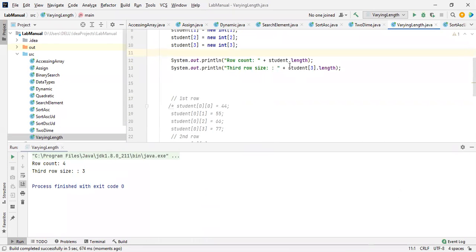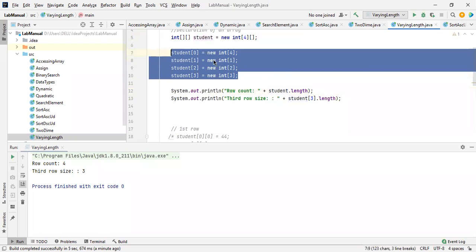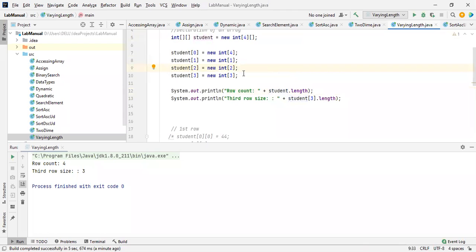This is the inside length and this is the outside length. You got my point? Row count in the sense how many rows it consists of, giving the particular length of the student array, and it gives the particular count inside the rows. Inside the rows. Got my point, right? There are 3 elements there. So we are going to take that length, not the outside. Consider this as an outside and this as an inside. So it consists of an array of elements inside. This is inside, this is outside. It is easy for you to remember.